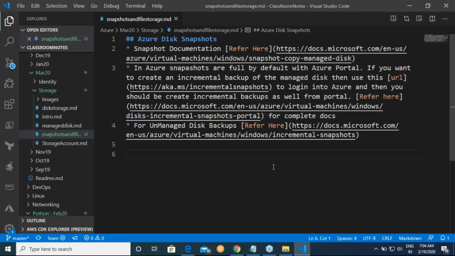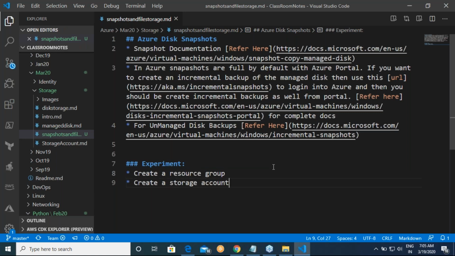Now, before getting into the stuff, this is an experiment which I want us to start with. Create a resource group. This is the first one. Create a resource group, and then create a storage account.